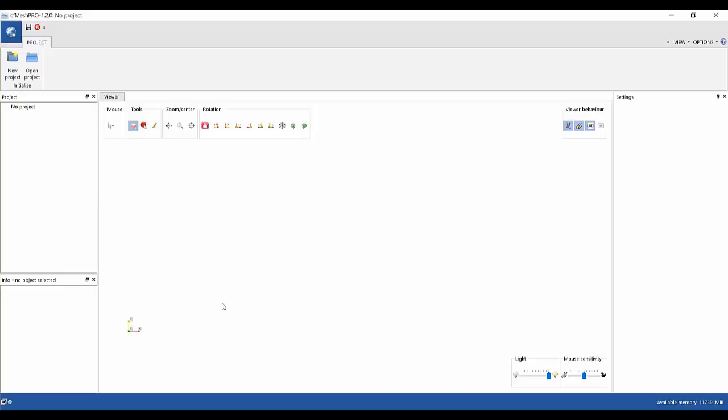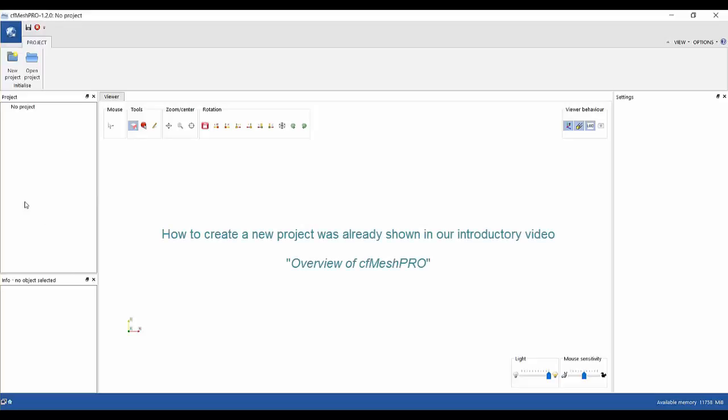In this video tutorial, we will demonstrate the project tree and its functionalities. The project tree is one of the core GUI elements of the software. After starting a new session of the software, the project tree is empty, as there is still no project loaded. One can either create a new project or open an existing one, as already partly covered in our introductory video,